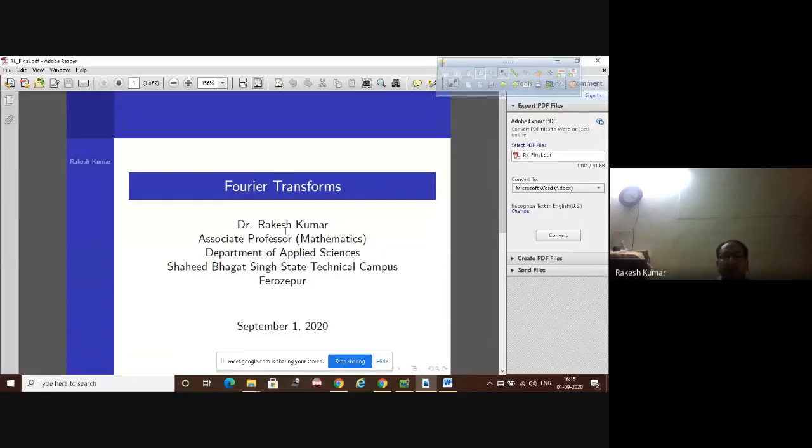Transform. And related to Fourier transform, in the previous class we defined what is the Fourier transform, the complex Fourier sine transform, and the complex Fourier cosine transform. Also the inversion formulas have been done, and some of the questions related to the Fourier transform were done. Now today we shall continue with